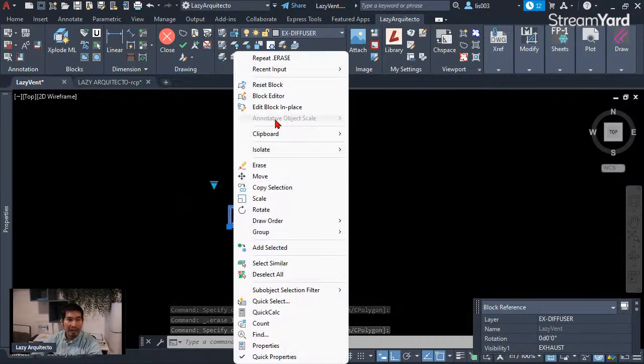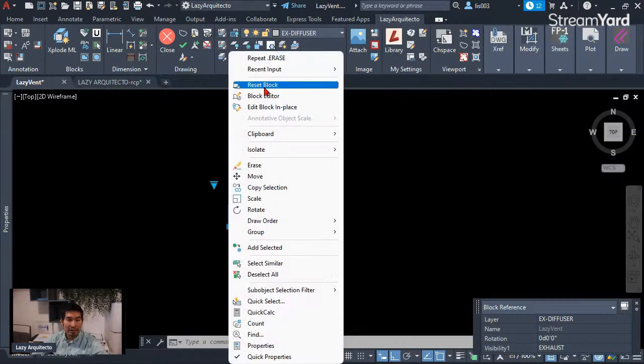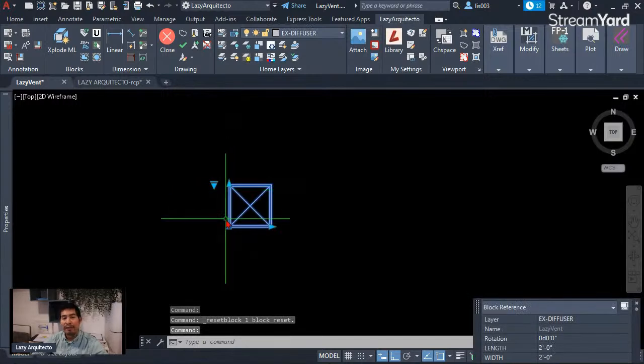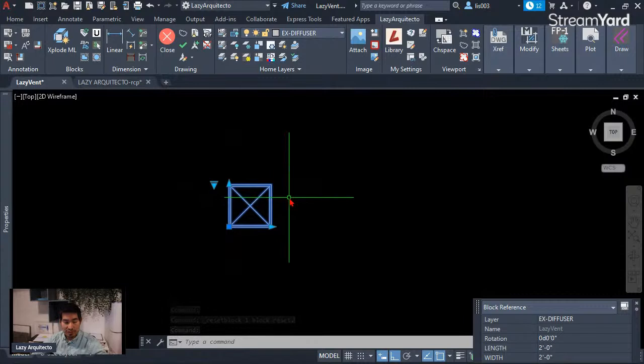Here, what I like to do is reset the block before doing anything else. So simply right click on your block and click reset. So that's what the most used air vent is going to show. And then,